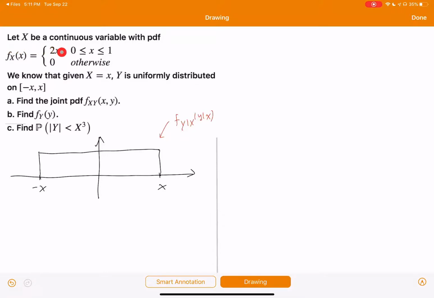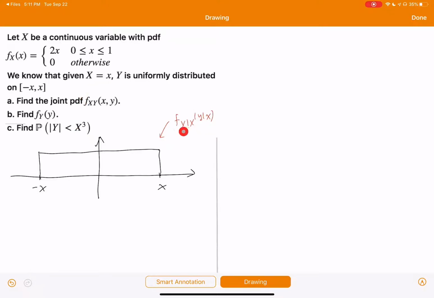Let x be a continuous variable with PDF given here. And given x equals x, y is a uniform distribution on negative x to positive x. Find the joint PDF, find the marginal density of y, find this probability. Let's first figure out what is